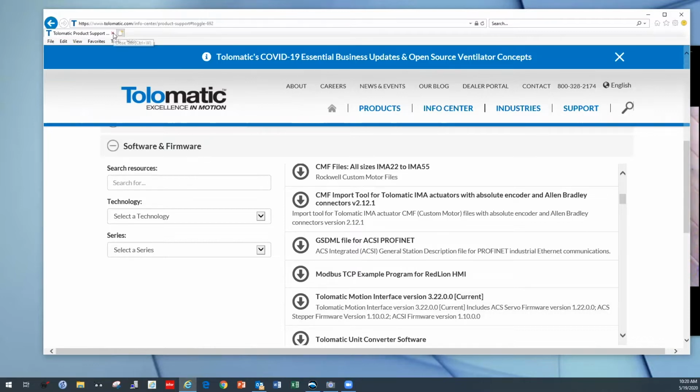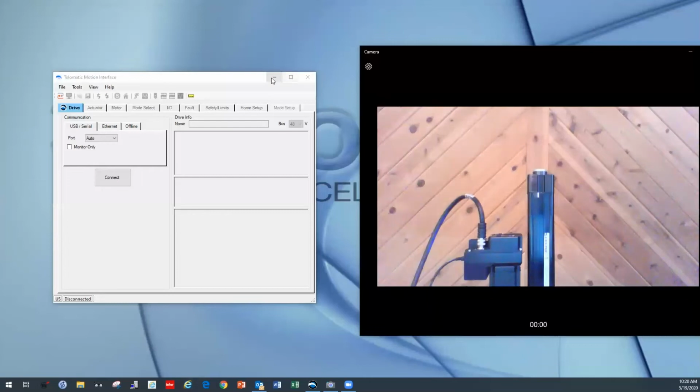Once you've installed it, then you should see something like this. It would be an icon that you'd open up and it would show you this screen. And we're currently not connected. So once you have power on the actuator, on the motor, and you have the communication set up, you should